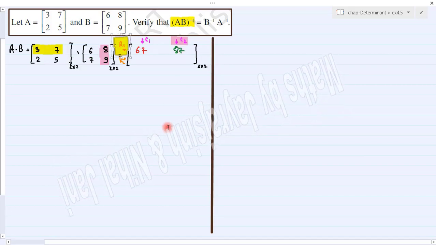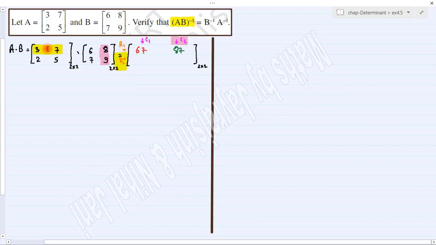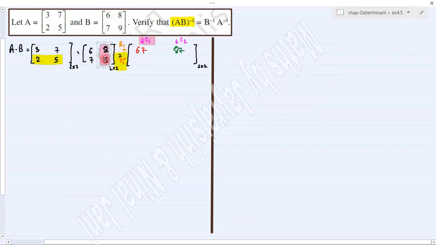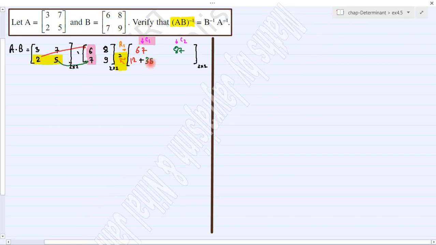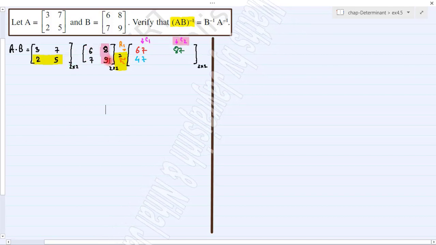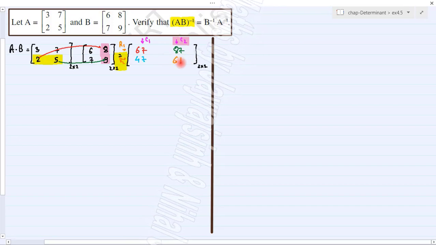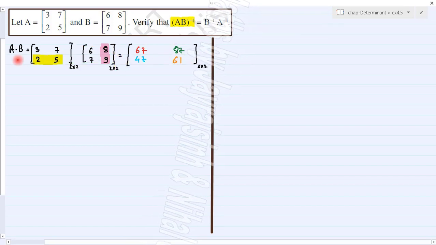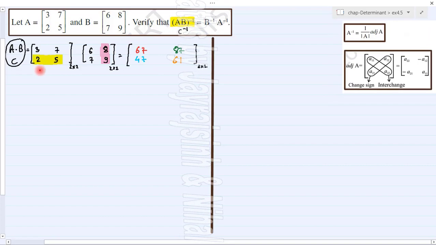So we get the element of first row. Now let's try to get element of second row. The first element is in first column, so multiply respective terms: 47, and the last element is in last column, so it will be 61. So here we get A into B, or let's say matrix C, and we need the inverse of matrix C,